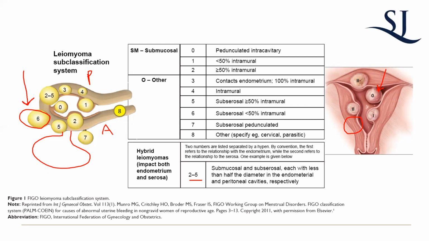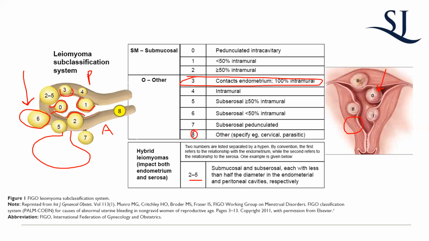As opposed to, say, you have a bunch of these type of fibroids, stage 0, 2, 1, or even 3, because it does touch the endometrium. See, stage 3 is it contacts the endometrium. What are those symptoms going to be like? More so around menses. Right, bleeding. They're going to bleed. They'll have pain, of course, but it's going to very much be bleeding. The good thing about these is they can be managed hysteroscopically, so you don't make an incision at all, as I'll show you. So very good.